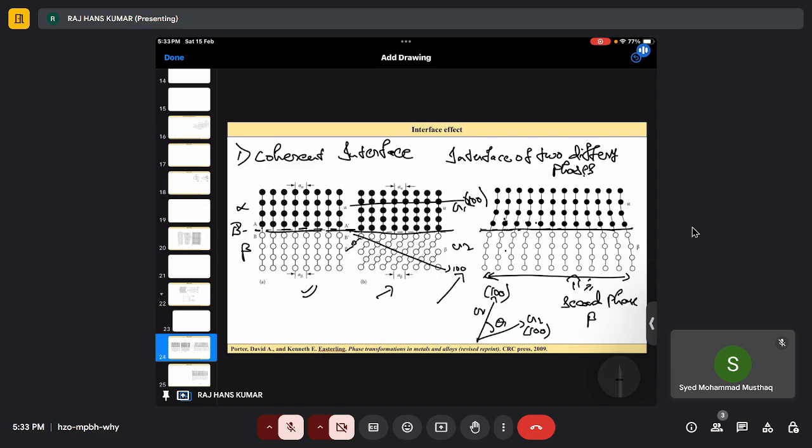Because the system is getting strained, or the atomic planes on both sides are getting strained. One is getting elongated and another one is getting compressed, right? So here the extra energy is getting added, the strain energy or volumetric strain energy is being added, but the surface energy is getting minimized, right? So here we can see, what do we see? We see the coherency strains,